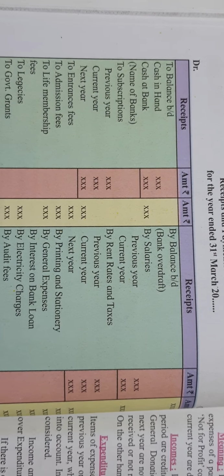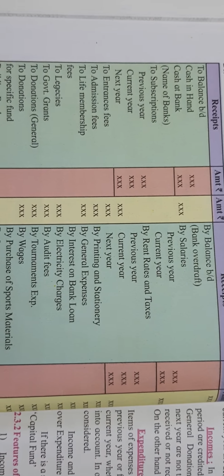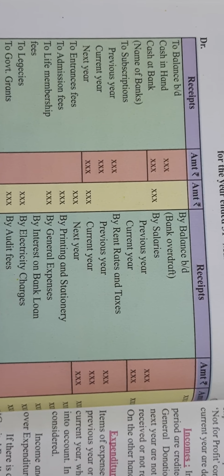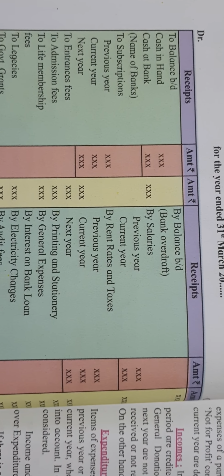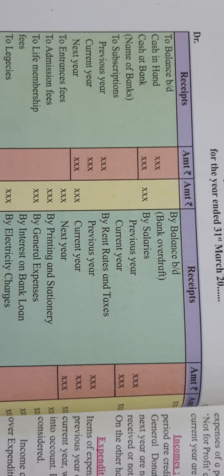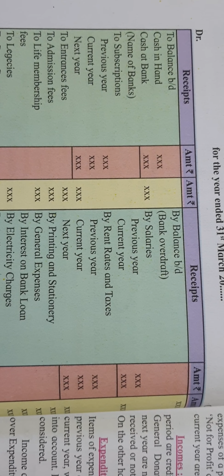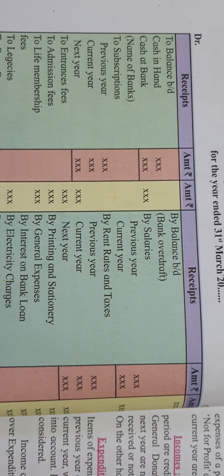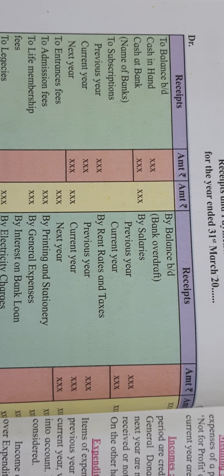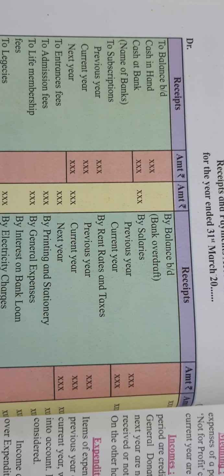See, two balances brought down: cash in hand and cash at bank. First we will learn the whole receipts side, and then we will move on to the payments side. First is subscription. Now what do you mean by subscription? Since an NPO is not conducting buying and selling activity as a usual business, it earns income by way of subscription. Suppose there is a Rotary Club, the members have to subscribe for a particular month, right? So it is a subscription. They earn income through subscription.